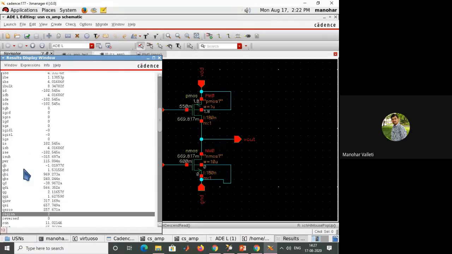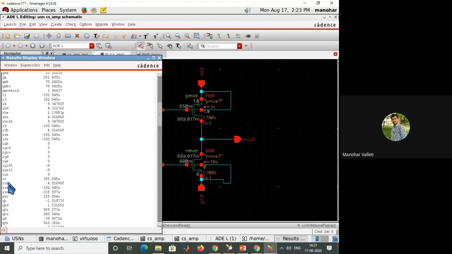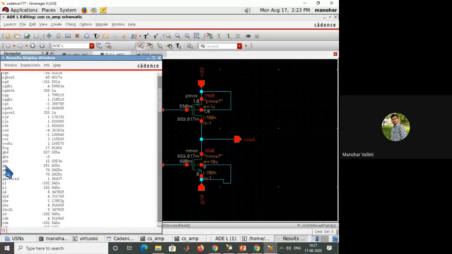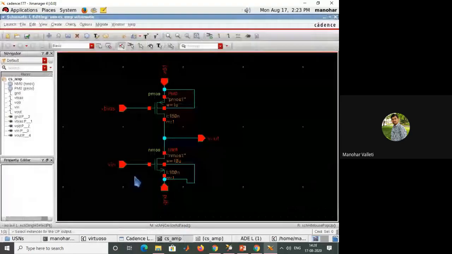But for your better understanding, PMOS generally has lesser transconductance. So usually in amplifier applications, PMOS is less considered. So that also needs to be explained. So we just see here how much is the GM of the PMOS. It's almost 201 micro. Previously you got 1.5 milli for NMOS, right? So GM is very less for the PMOS. That's why PMOS is less preferred for amplifier applications. So these are all the analysis for your understanding.